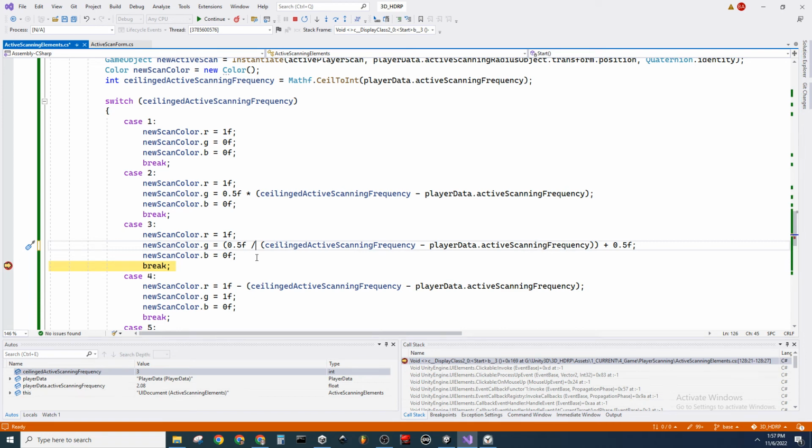I was under the impression dividing by a big number makes it smaller and dividing by a small number makes it bigger. However, in this instance, because it's a difference, yeah, I'm not sure how I screwed this up so much, but